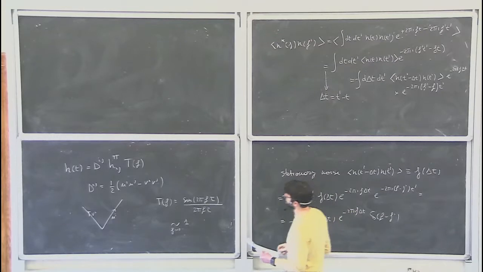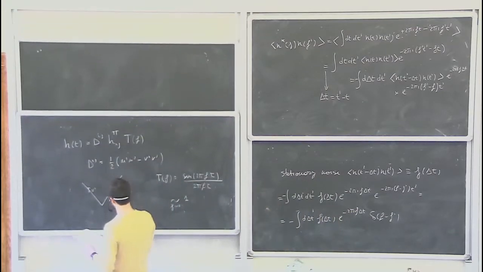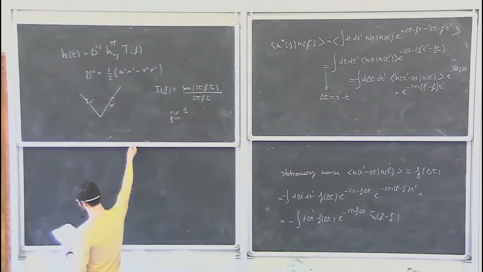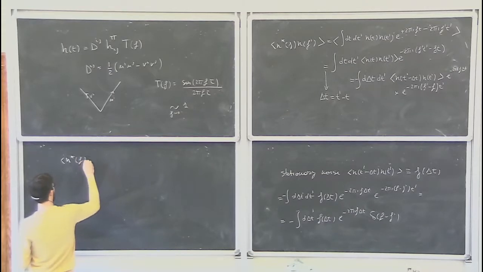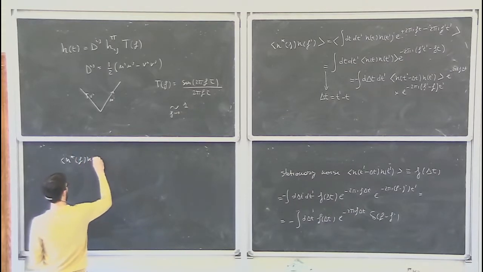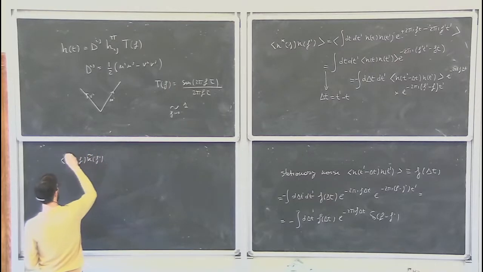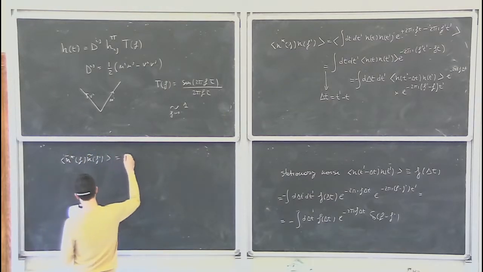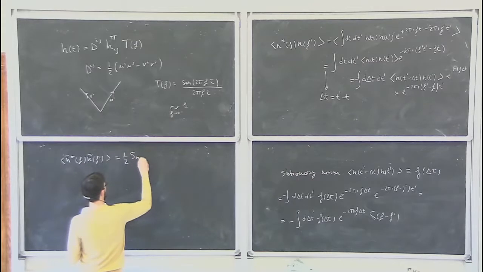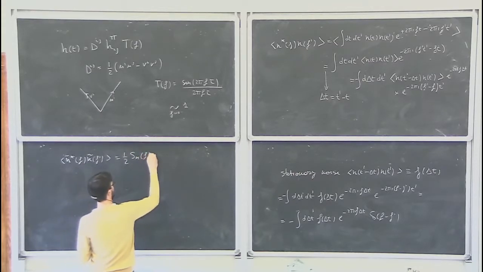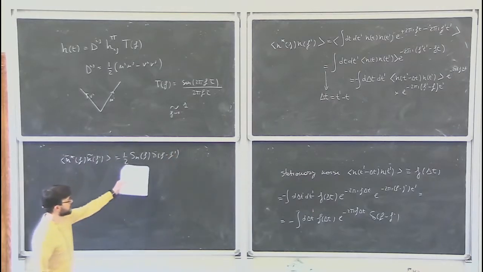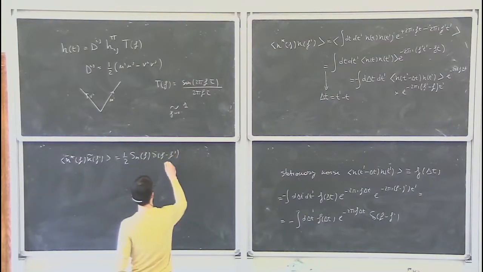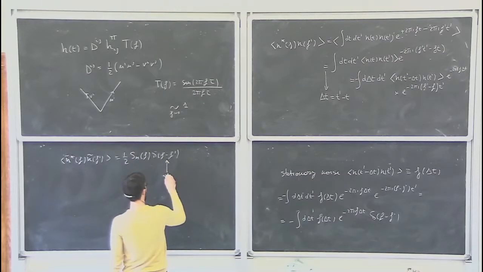So what I was trying to derive was the definition of the power spectral density of the noise, which I will rewrite because I deleted it: n tilde of f, n tilde of f prime, equals 1/2 Sn of f delta of f minus f prime. So you see that this delta of f minus f prime arises from the stationarity of the noise,